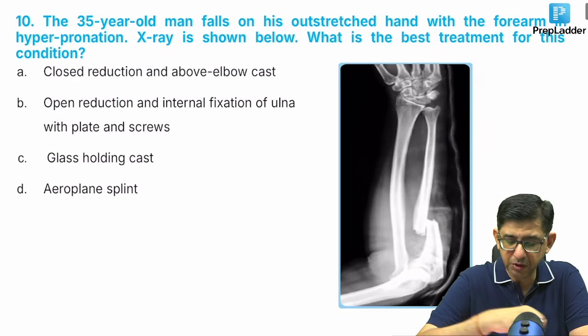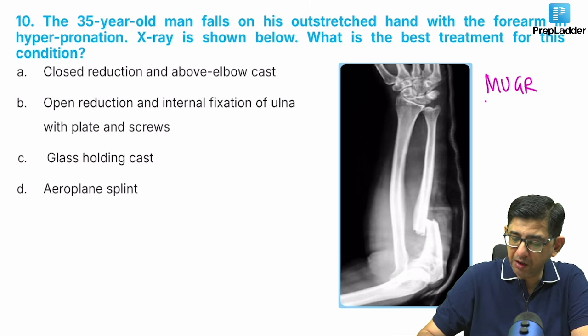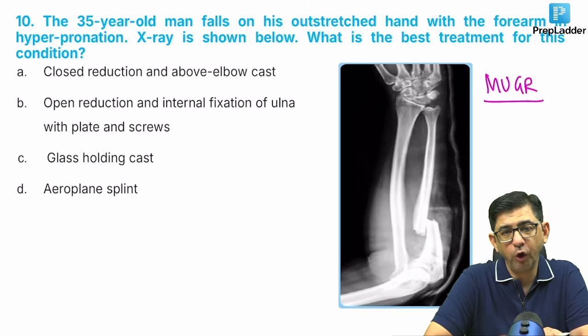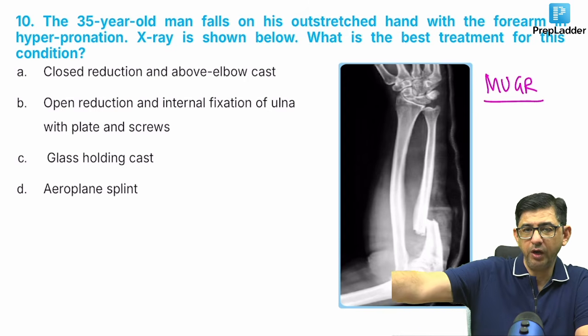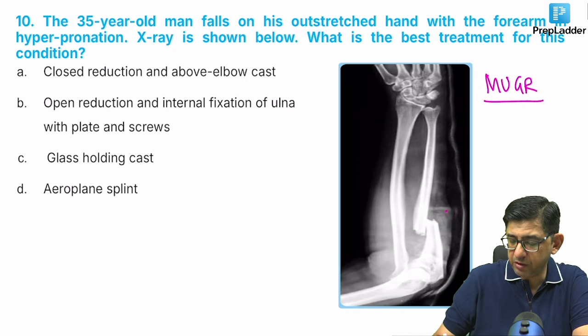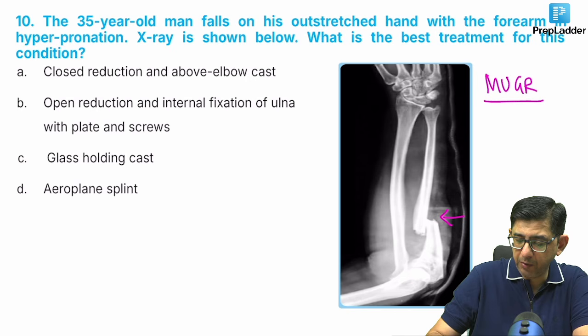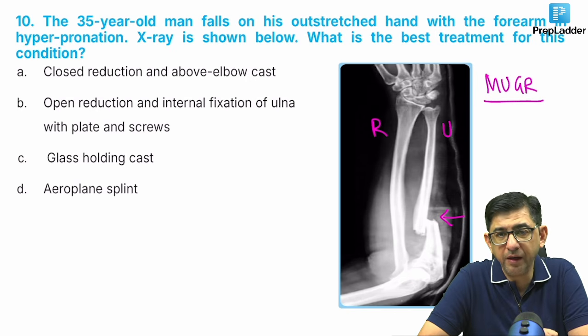We come to the 10th question for today. We'll write down the mnemonic immediately, Mugger, M-U-G-R, to identify whether it is Monteggia or whether it is Galeazzi's fracture. And the hint is also there, the person fell on the outstretched arm with arm in hyperpronation. So if the hand is pronated, hyperpronation, and when he falls, there is impact. So it can result in a fracture like this, which is occurring on the, I think everybody can pick this up, this is radius, this is ulna. So the fracture is occurring on the ulnar side, and this ulnar fracture would help me identify that the diagnosis of this particular patient is Monteggia.